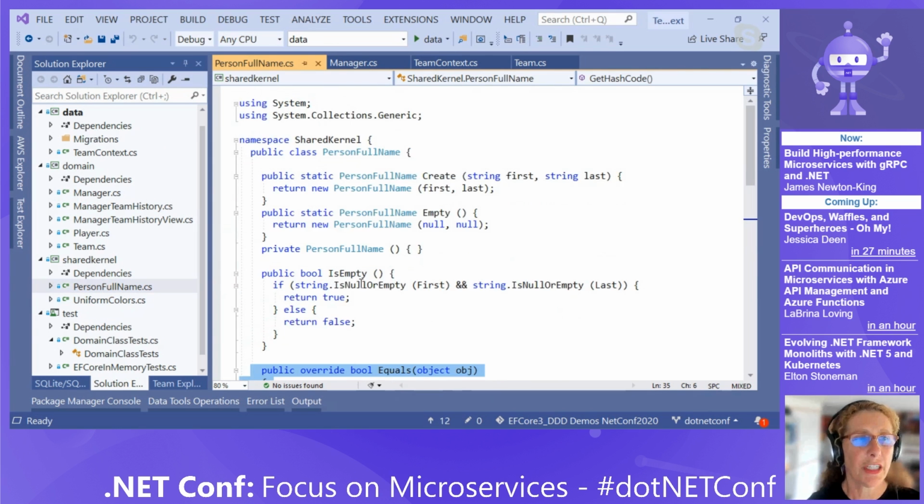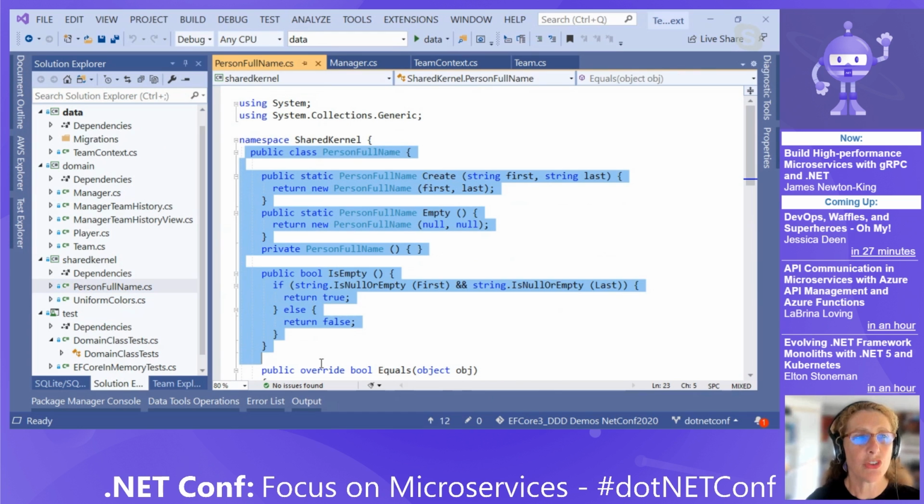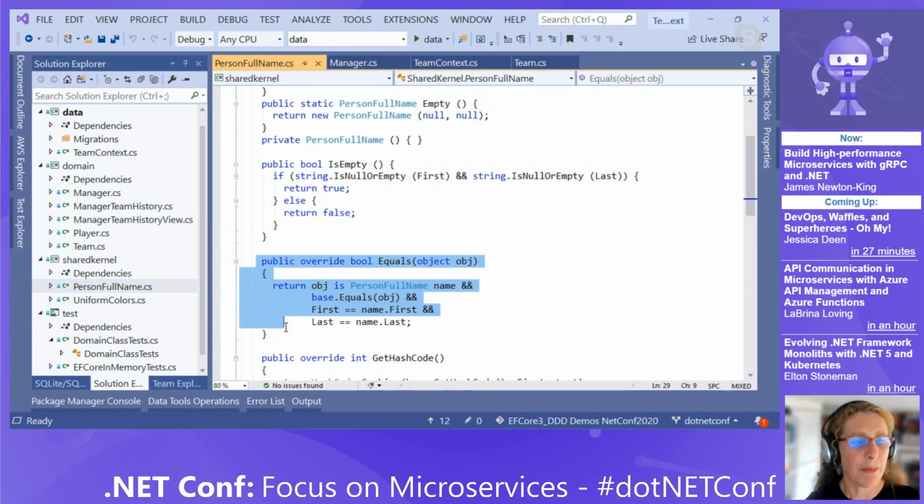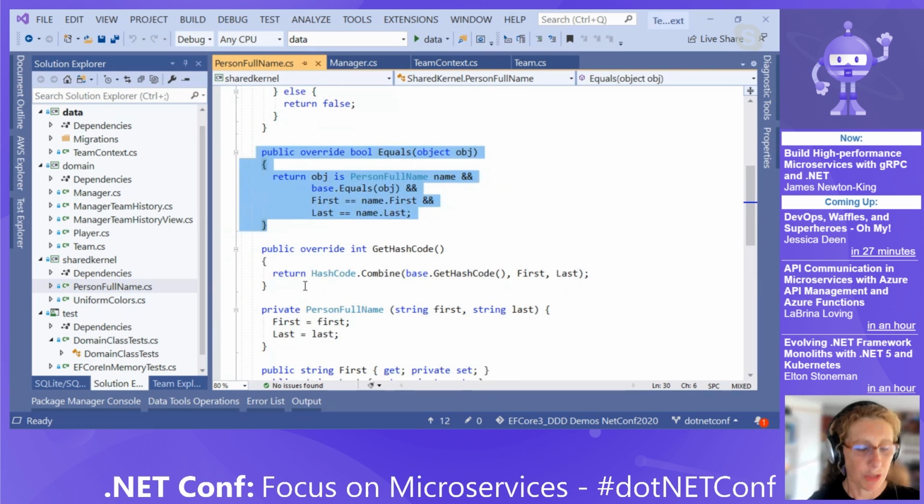And the other important thing is there's no ID, no key value. So this can only be used as a property of an entity.